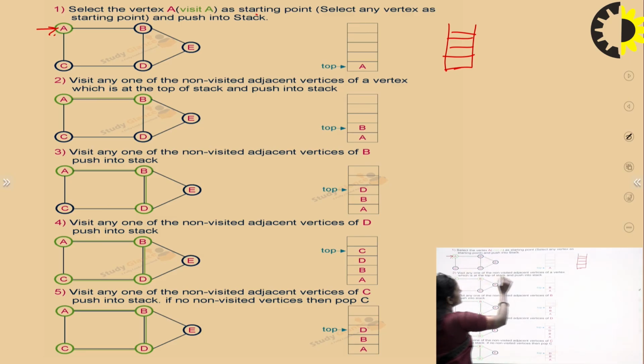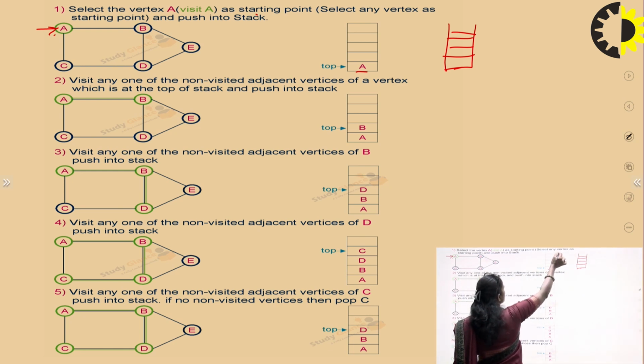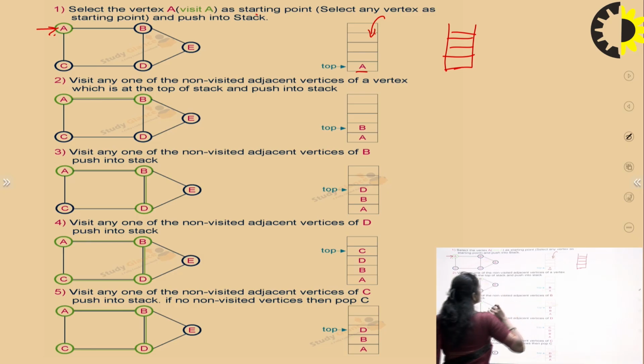So A is visited, that means we are adding it in the stack, and stack is nothing but a data structure that works with a single index, that is the top, and we visit any one of the unvisited nodes, you can say adjacent vertices of the graph. So basically A is connecting to B and A is connecting to C. So in whichever way we are going here, we are going depth wise. I select this particular path, right?